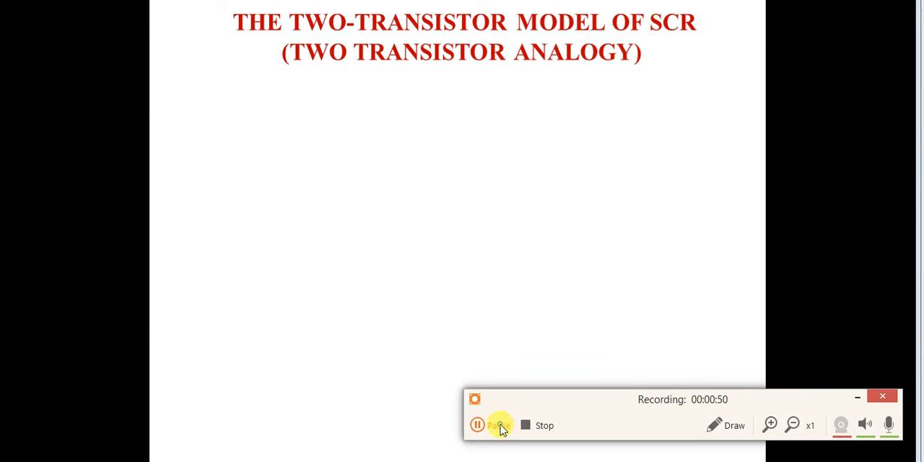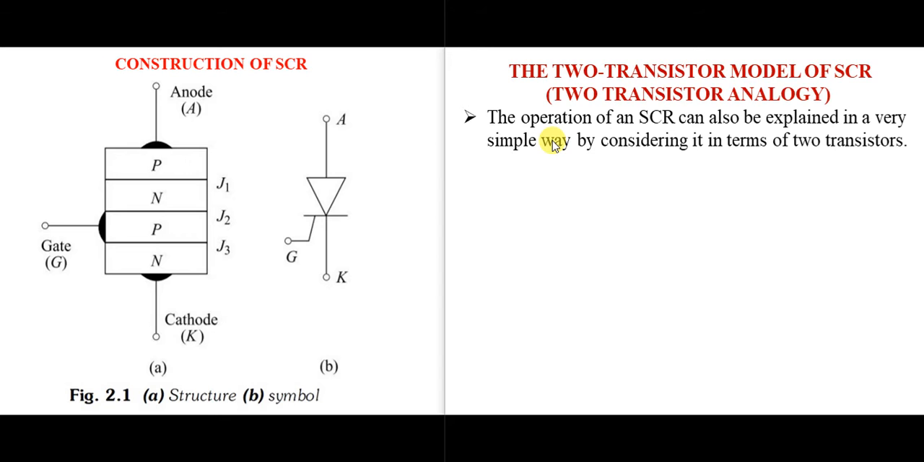In simple words, the behavior of two transistors when they are connected to each other is equivalent to the working of the SCR. Hence, it is said to be the two transistor analogy model of SCR. Now we will discuss it in detail. The operation of an SCR is explained in a very simple way by considering it in terms of